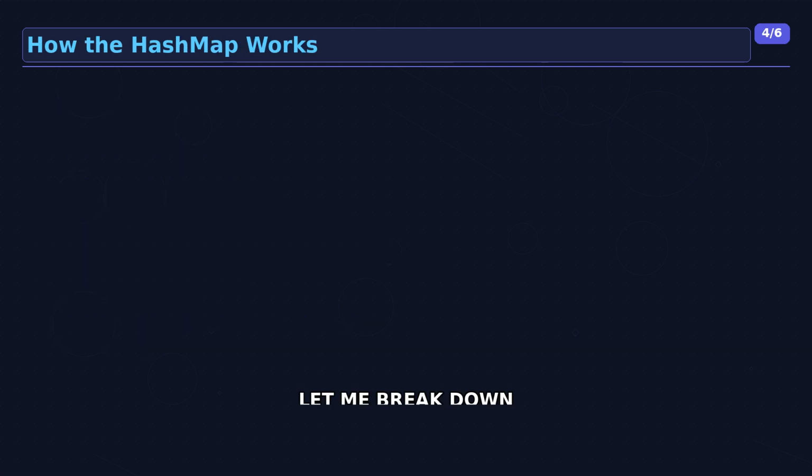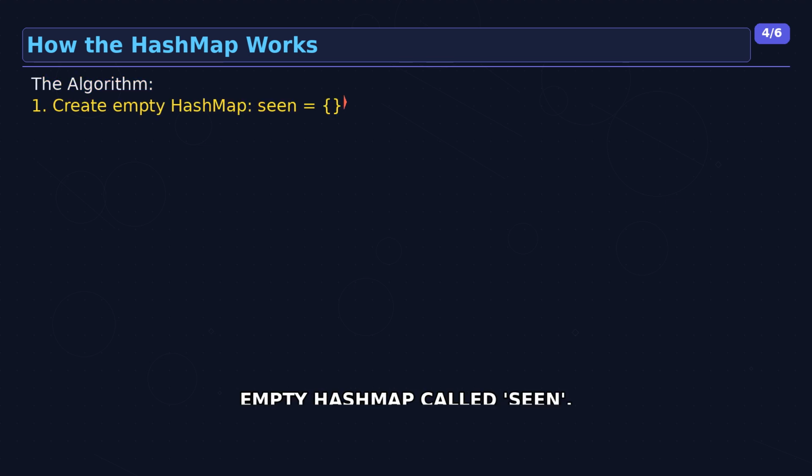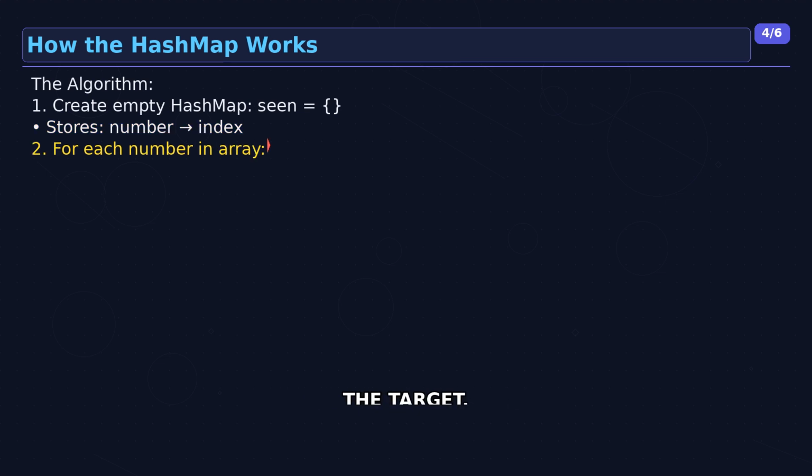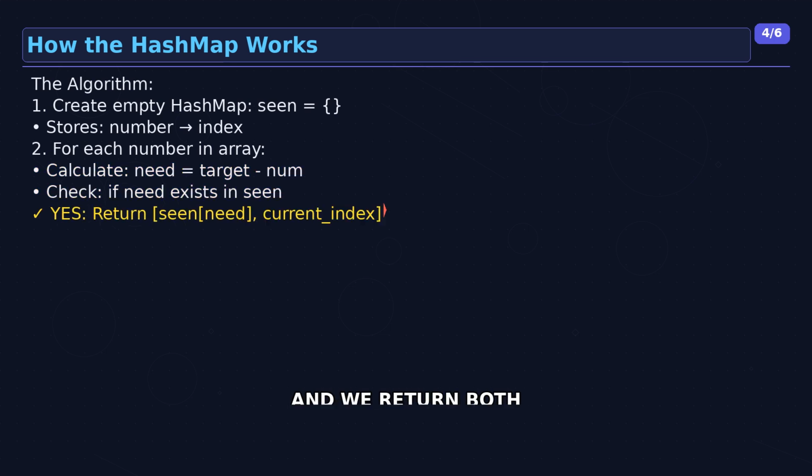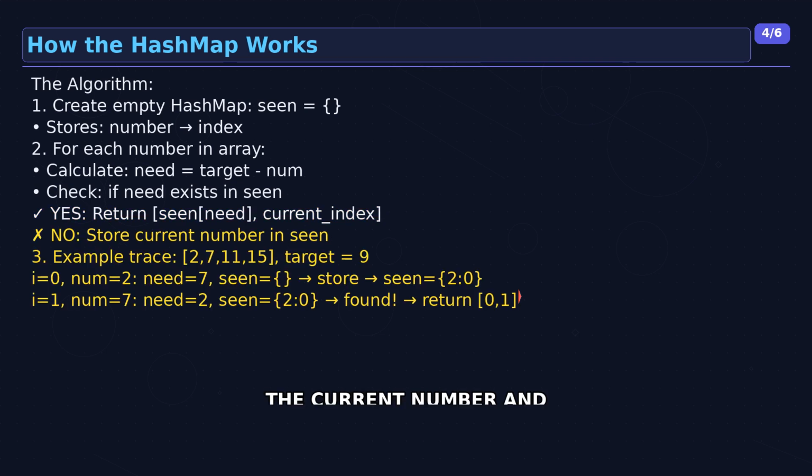Let me break down exactly how this works. We start with an empty hash map called seen. As we iterate through the array, for each number we calculate what we need to reach the target. If that needed number is already in our hash map, boom. We found our pair and we return both indices. If not, we store the current number and its index for future lookups. This way, we're building our knowledge as we go, and each lookup is instant because hash maps give us 1